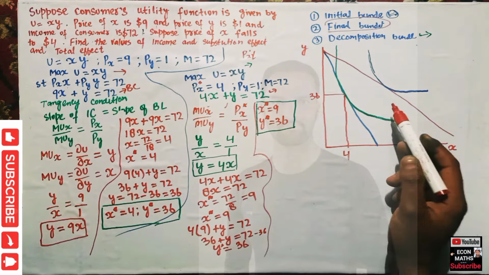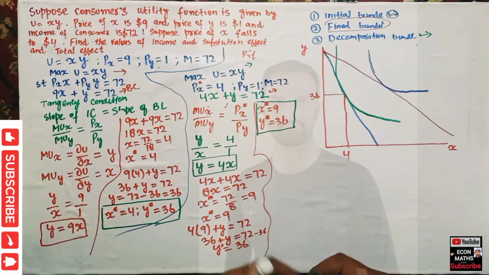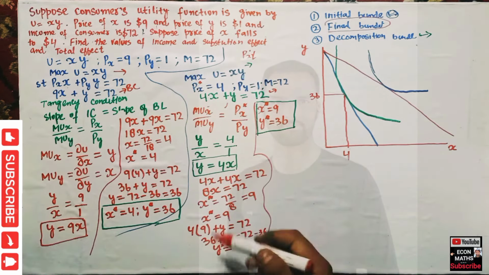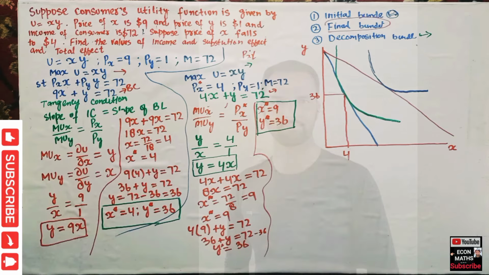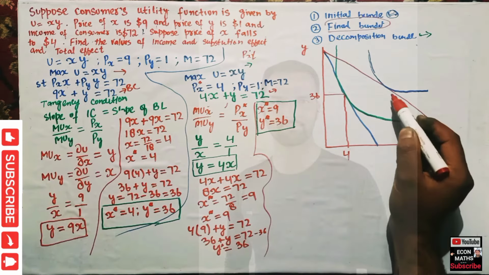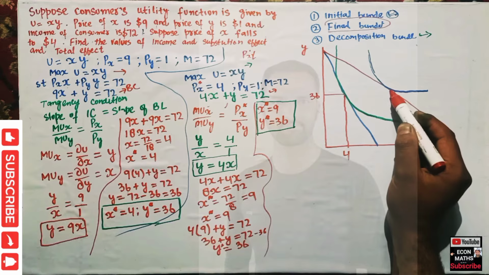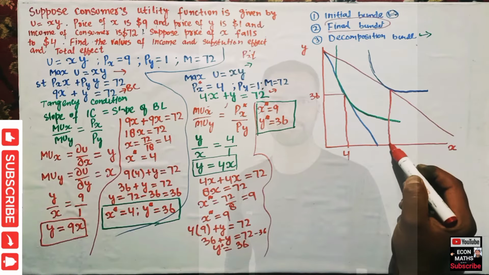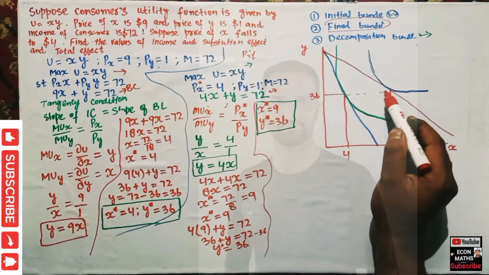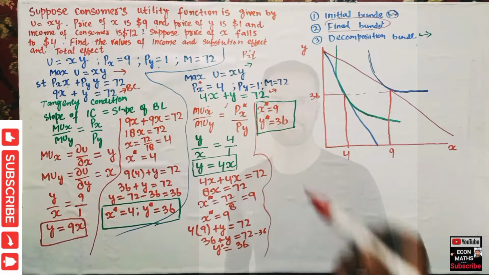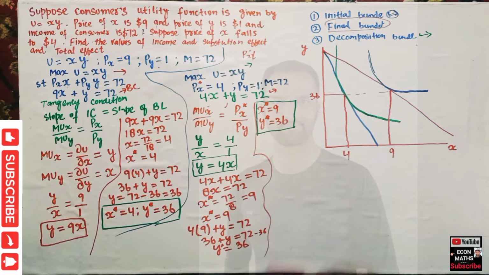After the change in the price of X, we have calculated that the consumer is able to purchase 9 units of good X, and the same 36 units of good Y. This is the new consumption bundle. Now, since we have to find the decomposition bundle,